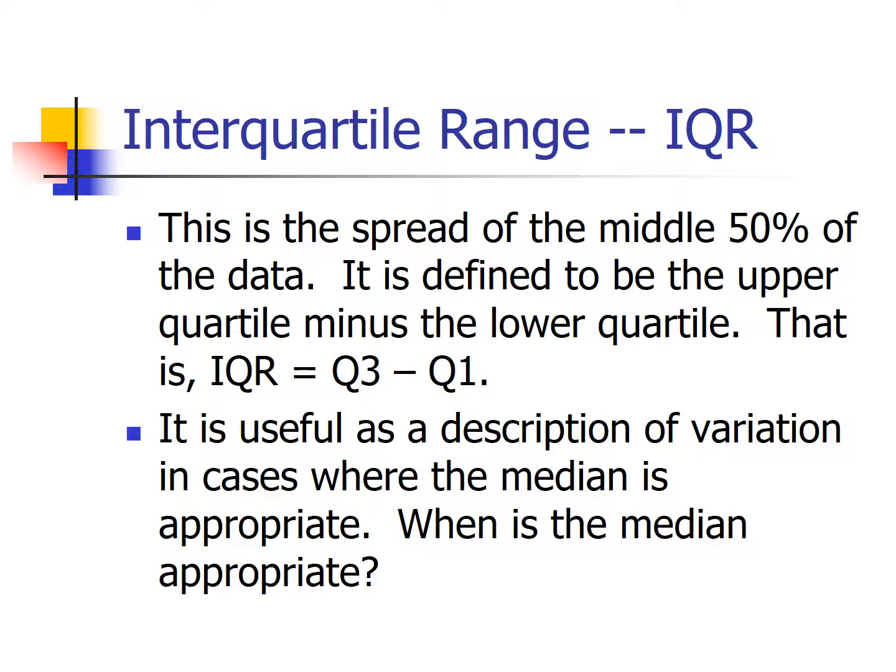But remember, the range was problematic because it used the biggest number and the smallest number, which meant that it was susceptible to a really big or a really small number. The interquartile range sort of ignores the largest numbers and the smallest numbers, and instead focuses on that middle 50%, the, quote, average values. By ignoring the really big and really small numbers, we're creating an intuitive measurement of variation that is essentially resistant.